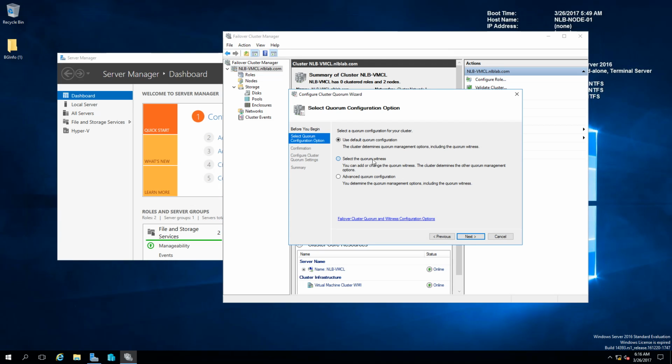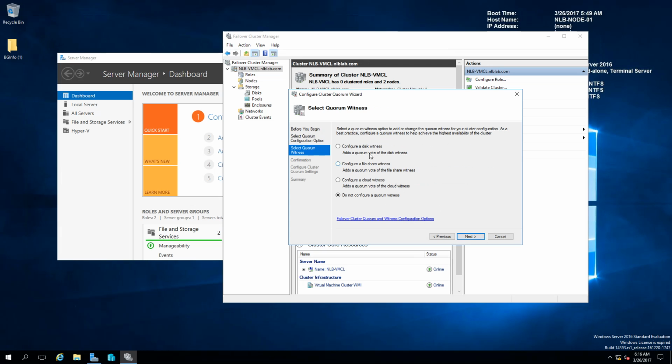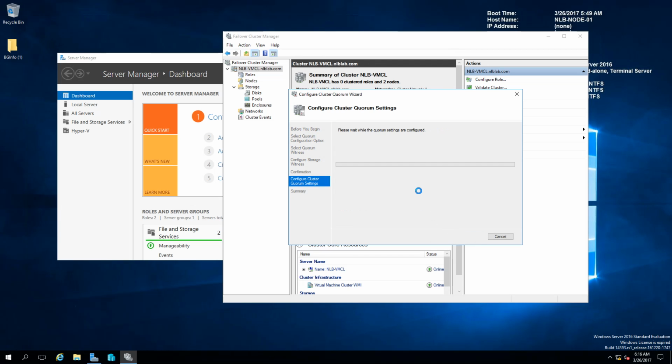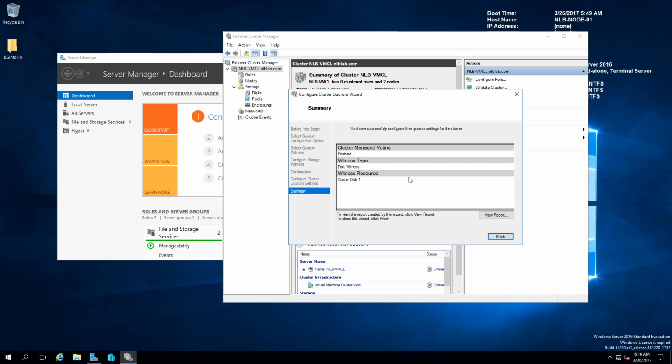So, okay, select the quorum witness. Configure a disk witness. You can see that you have a few options: share, cloud, depending on your scenario, as I said. So I'm going to use the 5 gigs disk for the quorum, and click next and finish. And if you are wondering why I need to add this step, it is because the failover cluster in general works with a voting system. So for example, if I have only 2 nodes in my cluster, if one node is not available